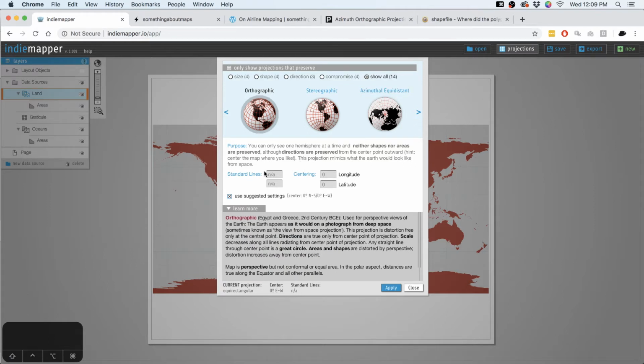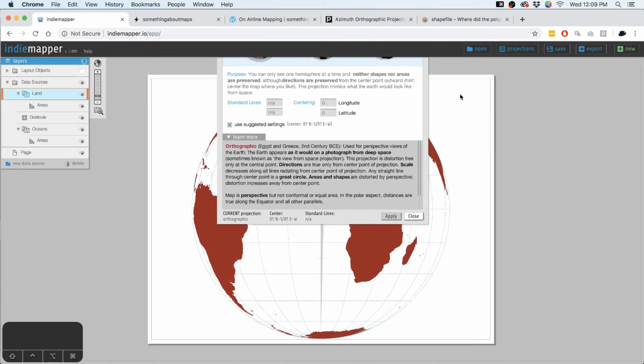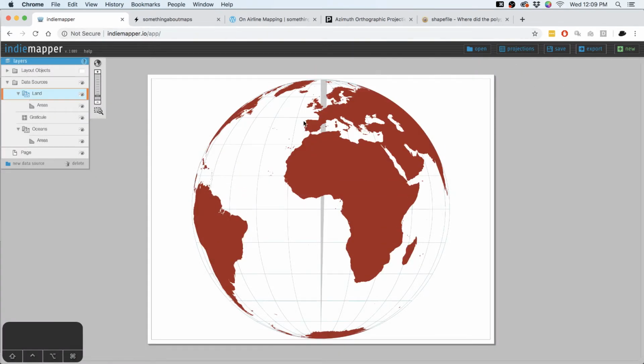It's designed partly as a teaching tool. It's an expert system for people who don't know a lot about cartography, but if they'd like to learn, it points them in the direction of some resources. So if I just hit apply here, switch over to an orthographic, IndieMapper still also itself occasionally has some orthographic projection problems, like my ocean kind of went away, but they're not bad enough to prevent me from being able to make a map with it.